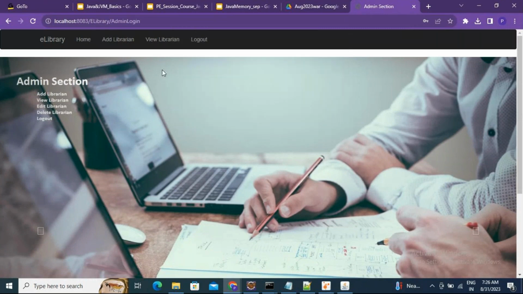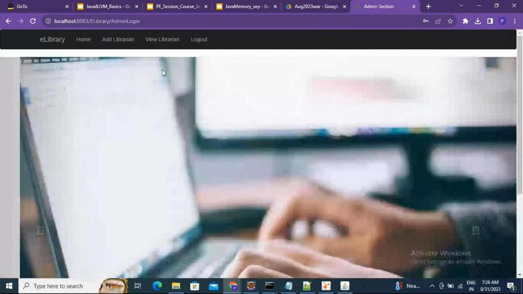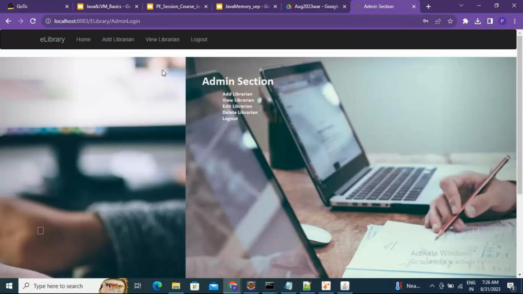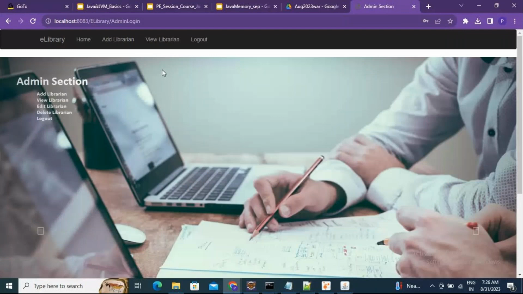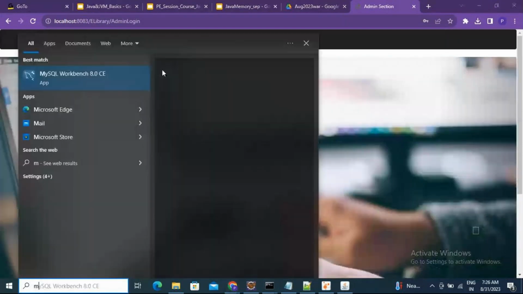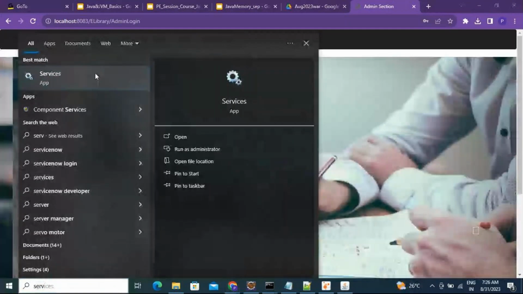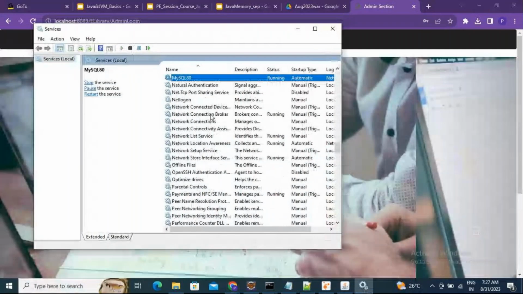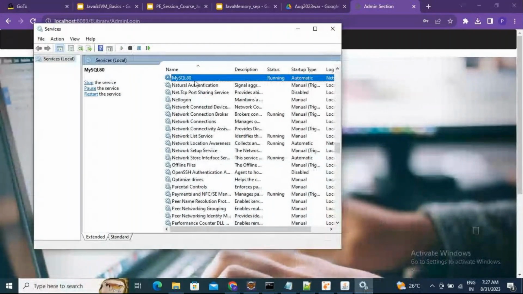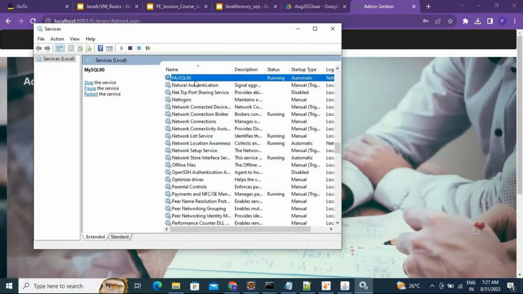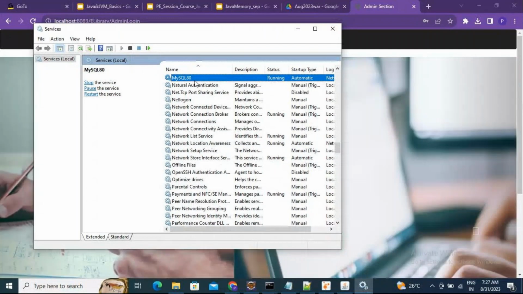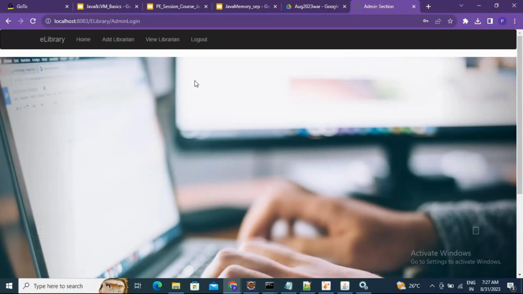But I don't want to complicate things with too many setups to start with. Initially, we'll be doing analysis on login, and then we'll move to the other transactions, which have database calls. For that you need MySQL. If you see, in my machine MySQL is running. You can also install MySQL. Just download it and have it ready. But if you don't have it, it is fine for the first initial week. As a bare minimum prerequisite, have your Java configured, install Tomcat,